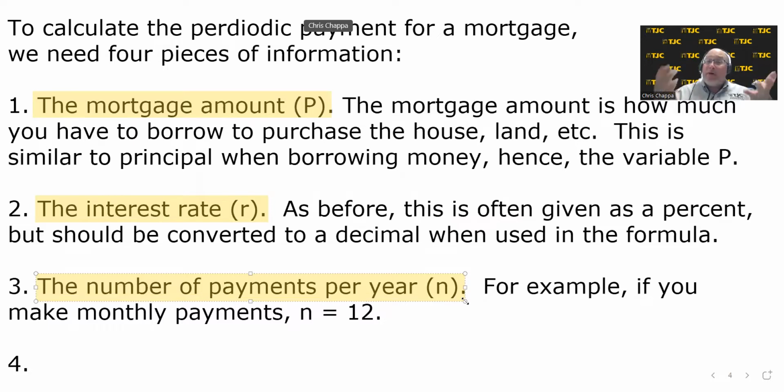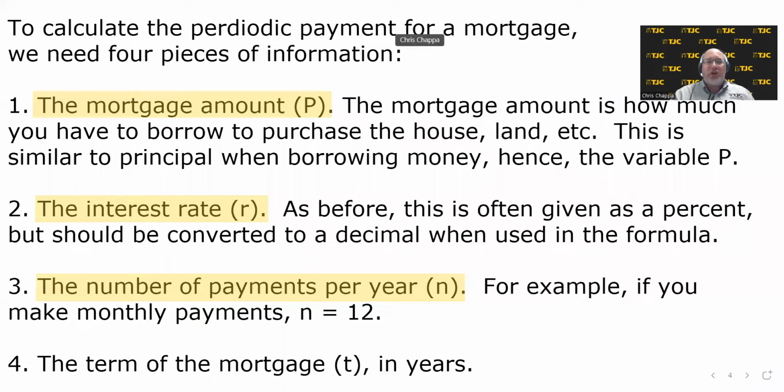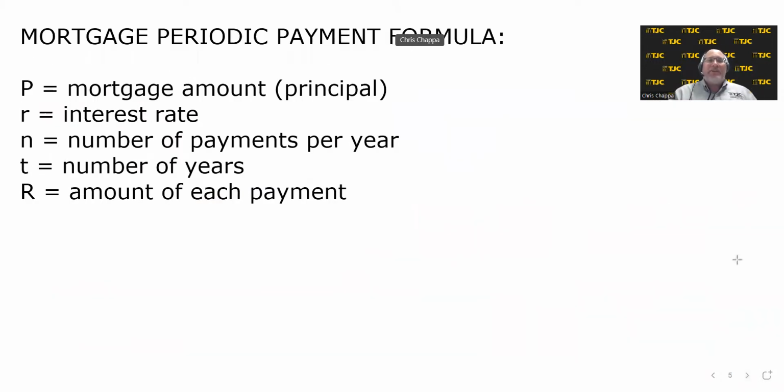For example, if you make monthly payments, then n is equal to 12. And if we make monthly payments, then interest is calculated monthly. And the 4th and final thing that we need is the term of the mortgage in years, T. So just like in previous formulas, T is going to represent how long this mortgage lasts. If you have all 4 pieces of this information, then we can calculate the mortgage periodic payment using the mortgage